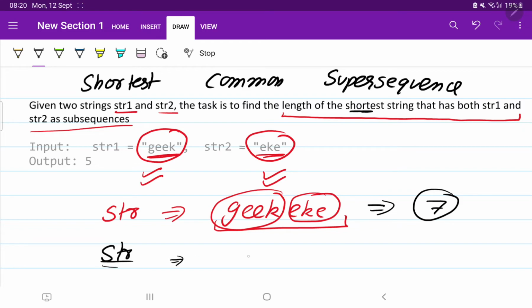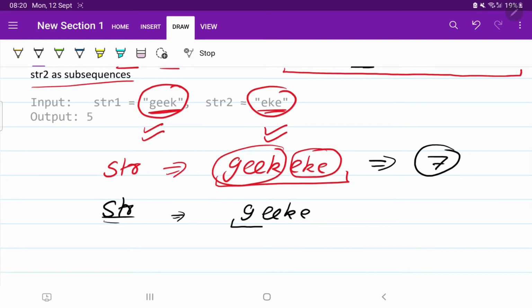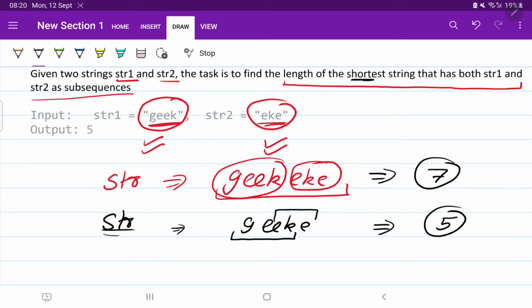You can say like this: G E E K and E. Okay, now see, it contains the first string completely here, GEEK, and the second string also; it has all the elements of the first string and the second string. So here the length of the string is 5. So what we need to return? The shortest string. So this is the worst case and this is the best case. Okay,